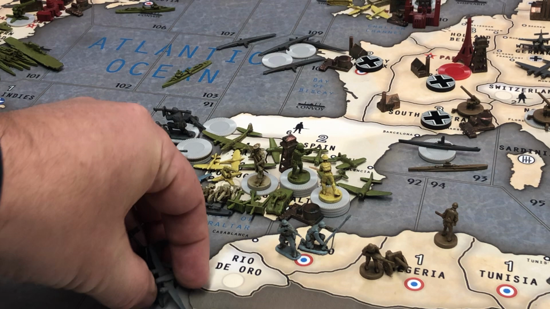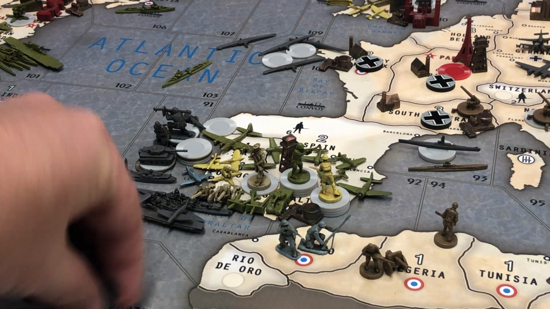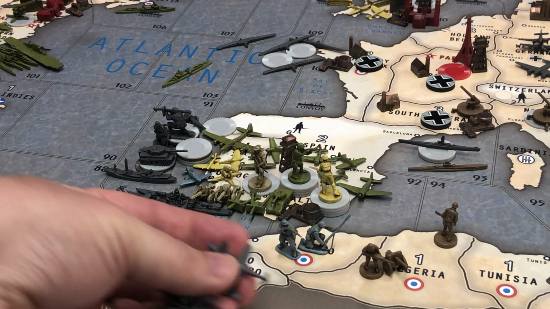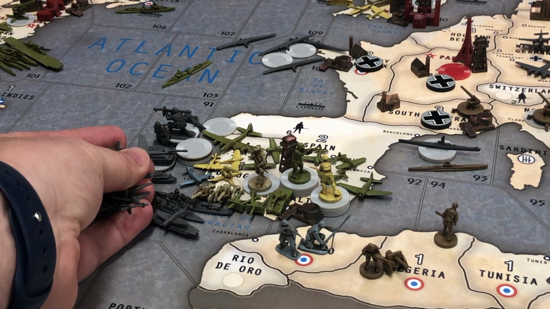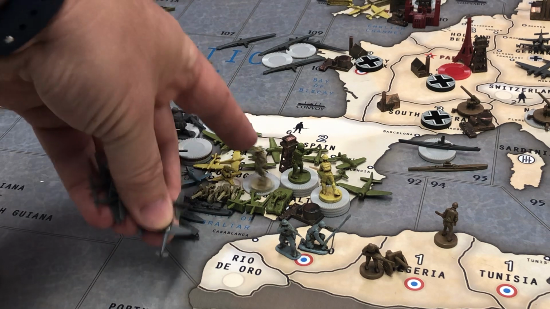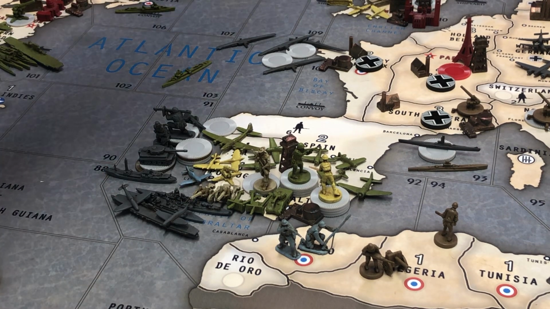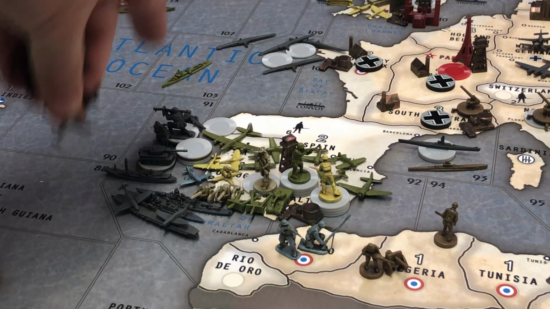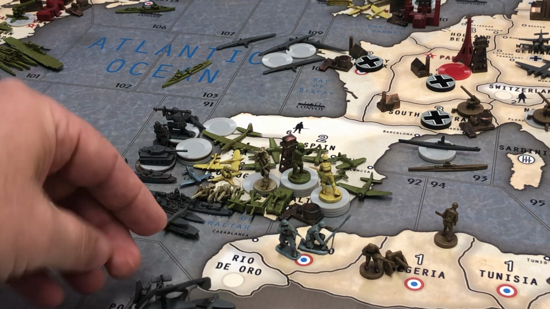So what happens is now, wherever these planes go is where these planes don't go. If the planes go into battle here to protect the sea zone, they stay on there. If they go here and declare they're going into the battle for Gibraltar, all the planes scramble and kill this. So it is pretty devastating,